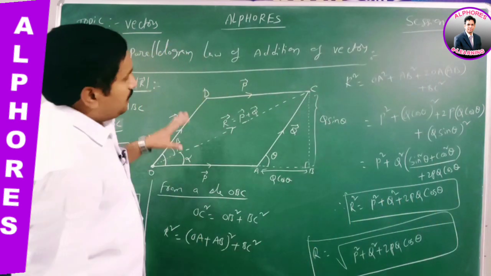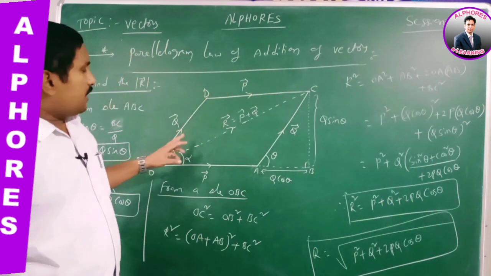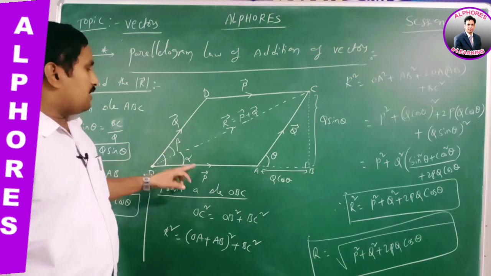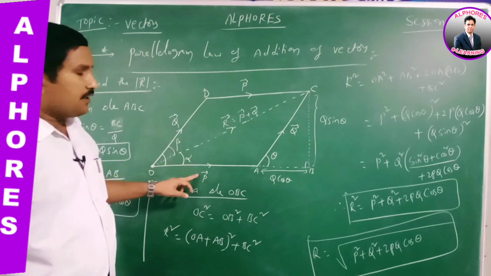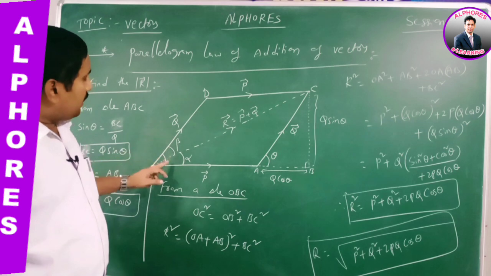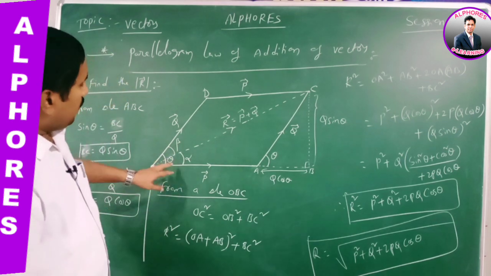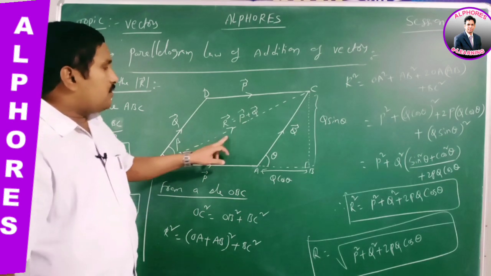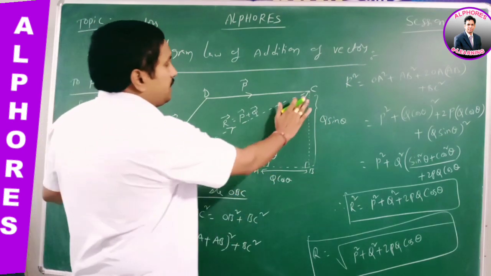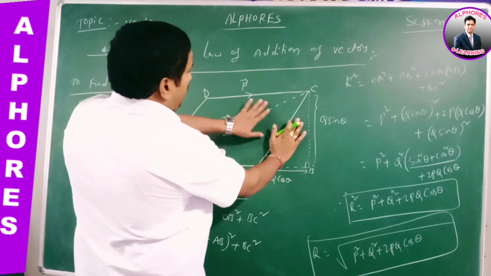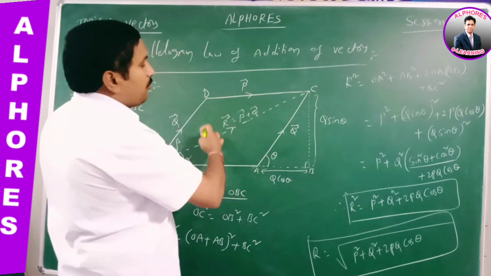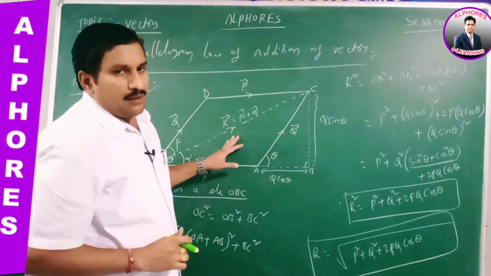Listen carefully. In that parallelogram law of addition of vectors, I am taking initially P bar and Q bar as the adjacent sides of the parallelogram, having both magnitude and direction, which are inclined by an angle, let us say theta. Now I have to find the magnitude of this resultant without using any other consideration. This is only a parallelogram, so we don't know the mathematical relation, like the Pythagoras theorem, for it.